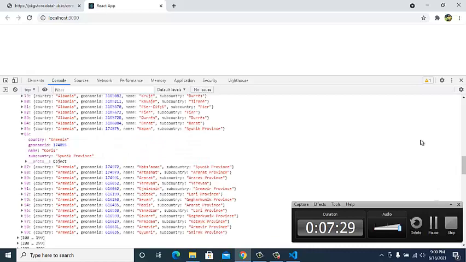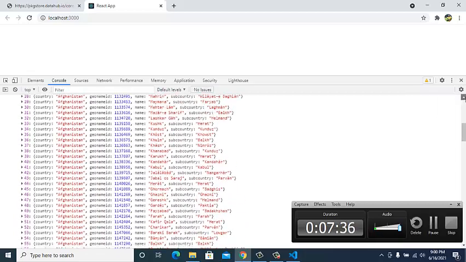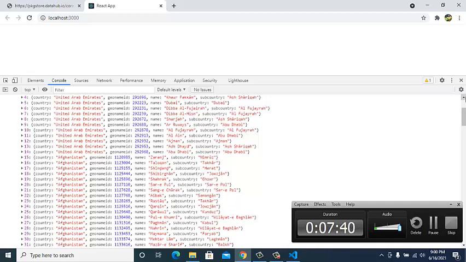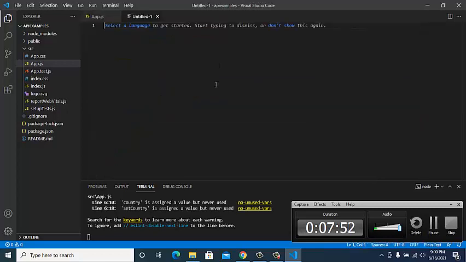Okay, so what we have to do is get the data so that it does not repeat again and again, because if this data shows in our select box again and again, then it's not a good practice. To do that, we'll use sets. So what are sets and how are they useful over here? For that I'll create a new file, just to demonstrate what sets do. It will get the unique data.